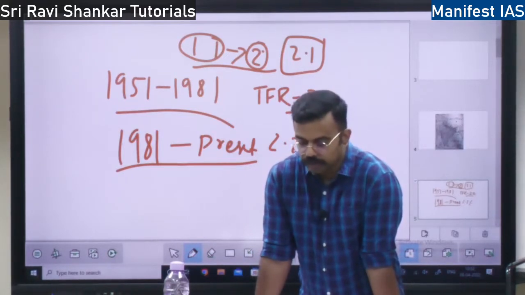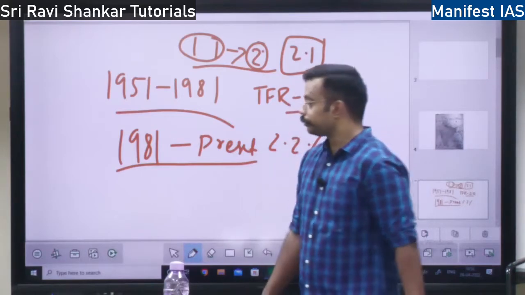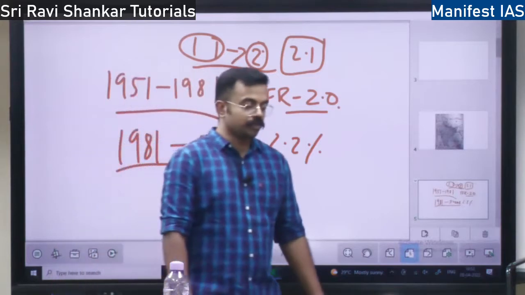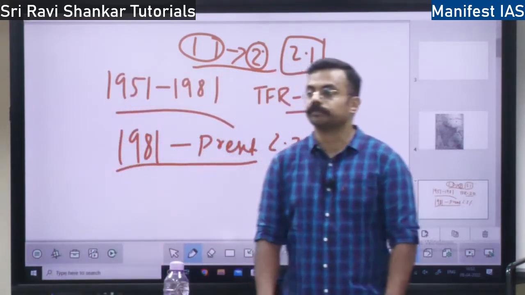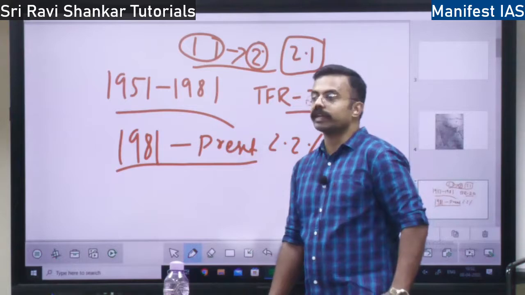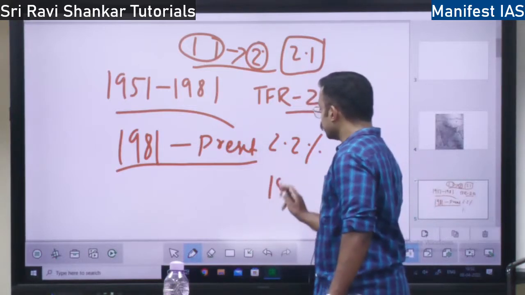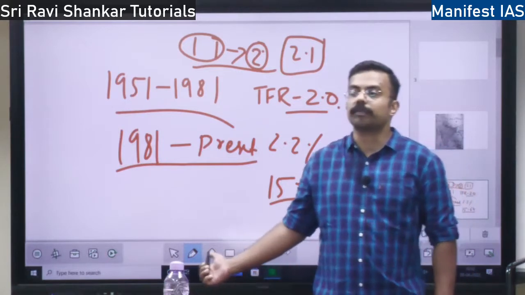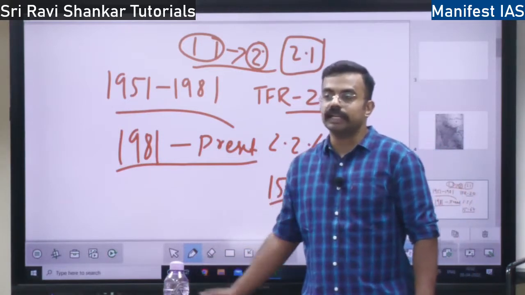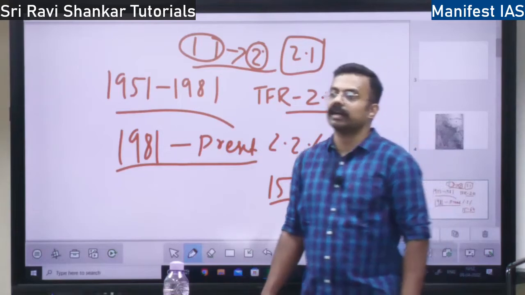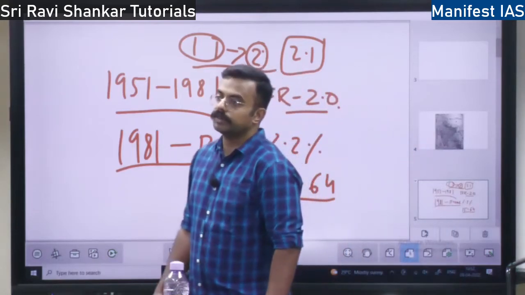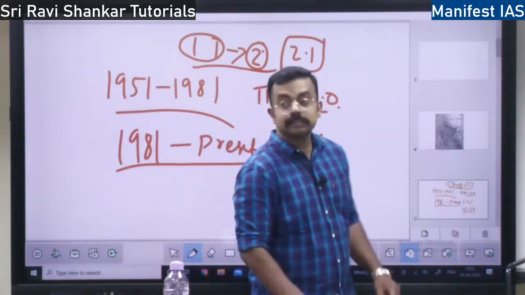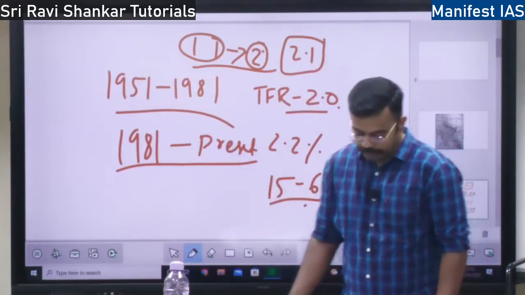That is why they say that India has the highest demographic dividend. Demographic dividend means what? The working population. So India has the highest working population, from the age 15 to 64. India has the highest number of population in this age group. That is why India is called an emerging market. Lot of demand, and also lot of productivity, because lot of people fall in this working age group, right?